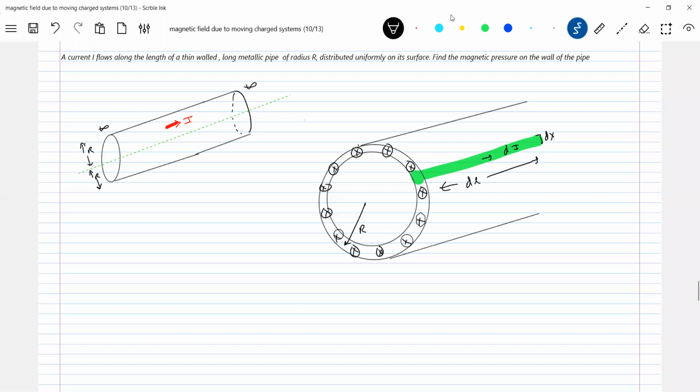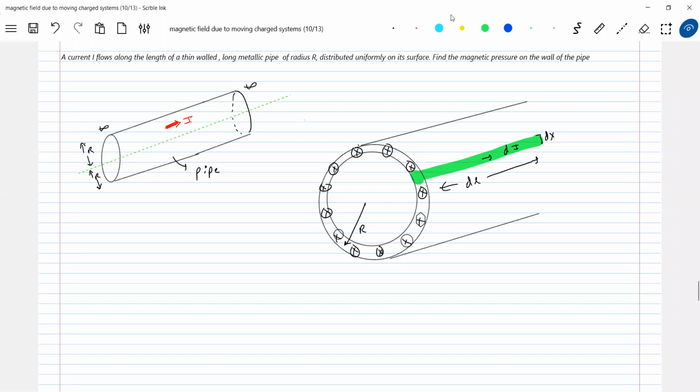So you assume two symmetric elements here. This is like a long current carrying sheet, no? But sir, you are saying pipe, and then again you use the words long current carrying sheet. What do you mean by long current carrying sheet? There is no beginning and end. Look at this pipe also, there is no beginning and end. Though it is finite, it has no beginning and end, so it will also behave like a long current carrying sheet here.